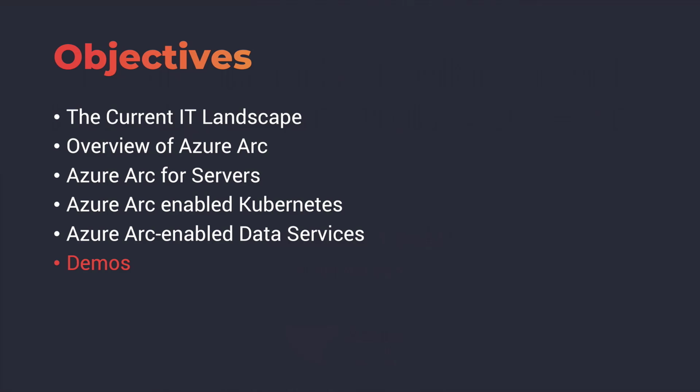This session has 3 sections. The first section is all about Azure Arc for servers, where I'll walk you through the process of registering external servers running in multiple public clouds and on-premises with Azure Arc. The second section is all about dealing with Azure Arc-enabled Kubernetes clusters, where we will manage multiple Kubernetes clusters deployed in a variety of environments, including mainstream public clouds and on-prem bare metal environments.